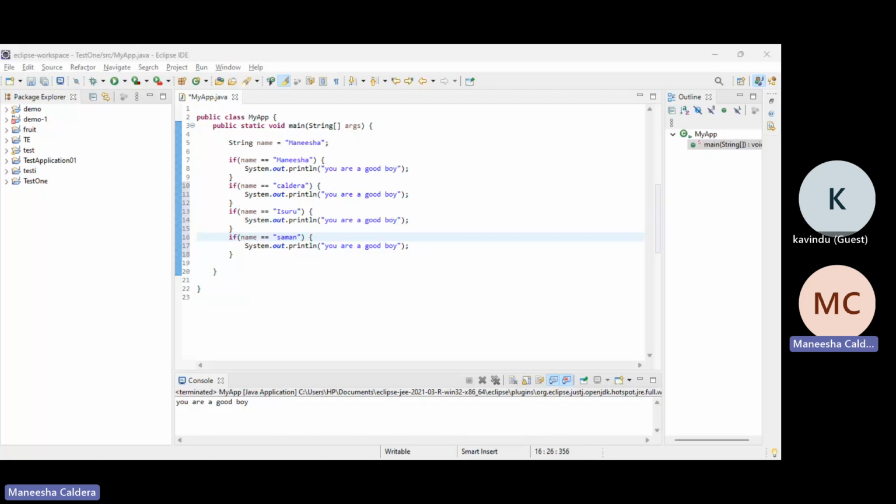Right. So what happens now? We have different specific values. If the name is Caldera, then